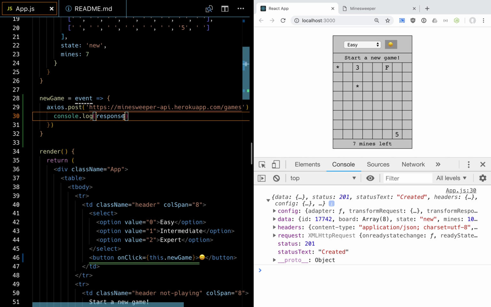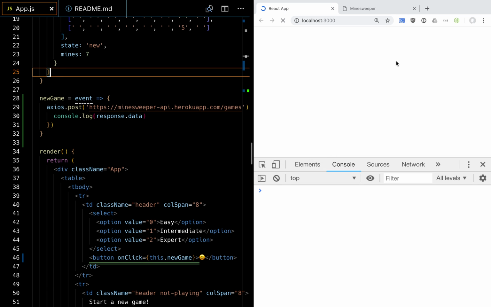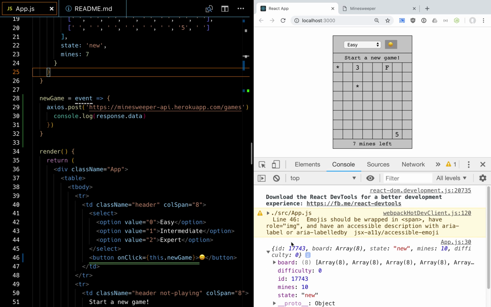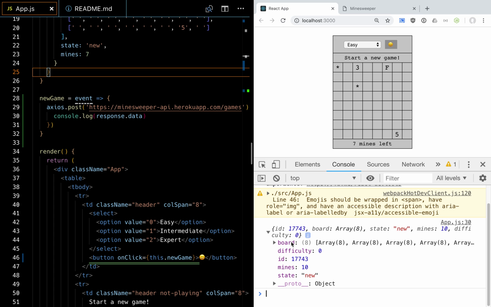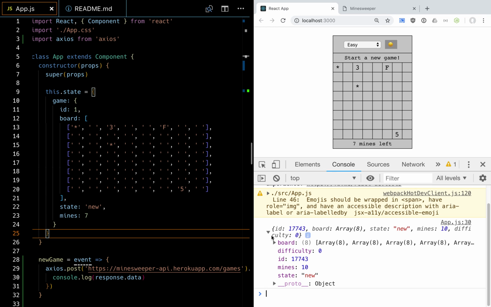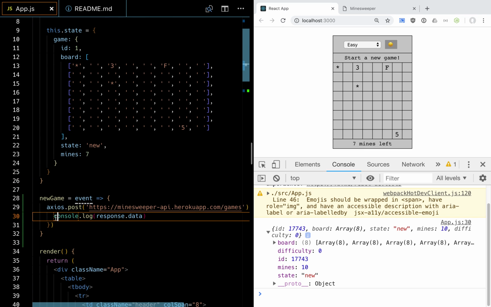So if we just console log response data instead, that should look like our API results. Let's start a new game. Hey, that kind of looks like our state. Doesn't that look like our game? What we copied has an ID and a mines and a state and a board. So if this is our response,